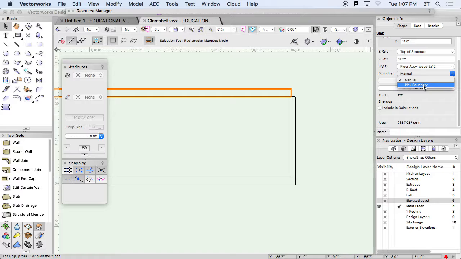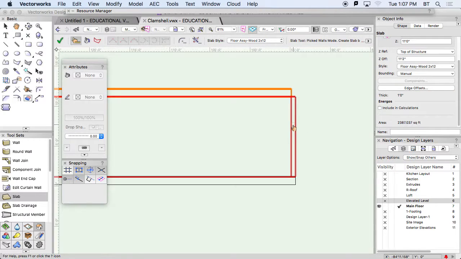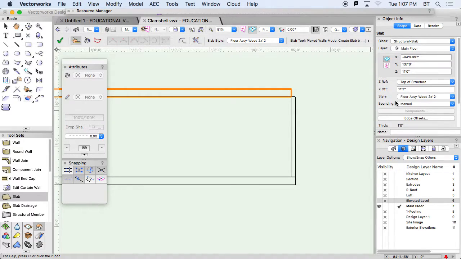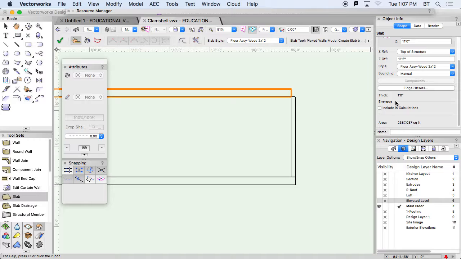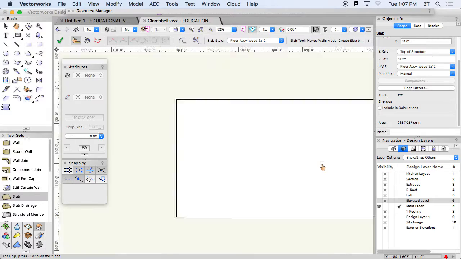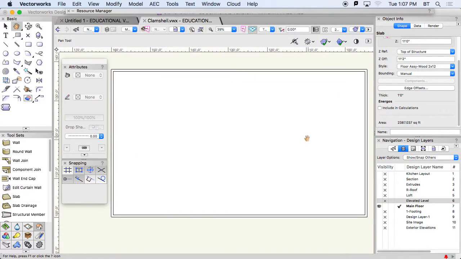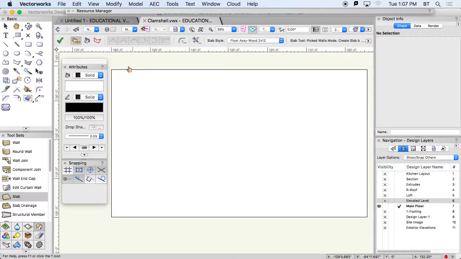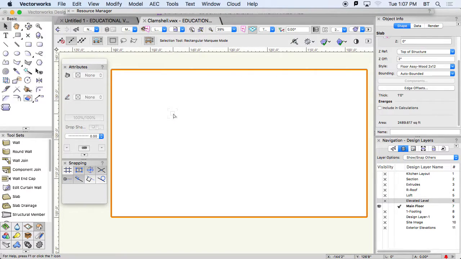So that's going to be for a flat, no slope, either roof or floor assembly. I can also go into top plan view. I chose the wall picker mode. Remember, with our slab, there's going to be orientation on the page as front and back, like our 2D objects. So right now I've created this slab, and it's my